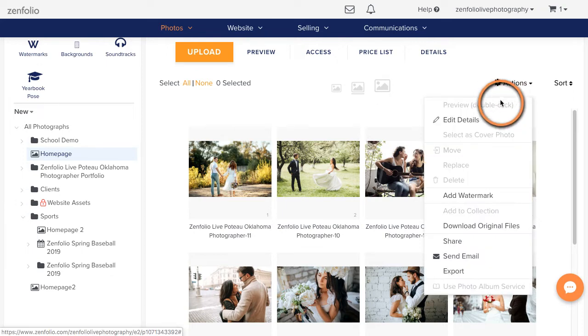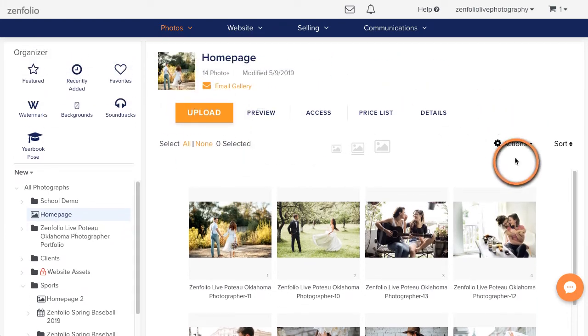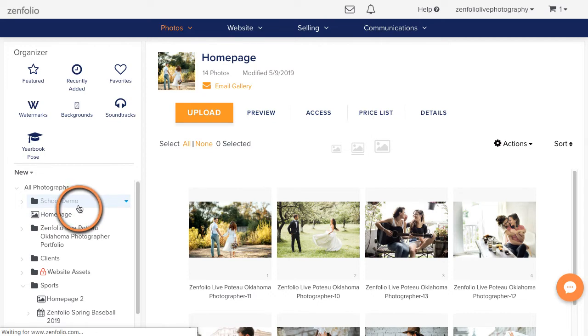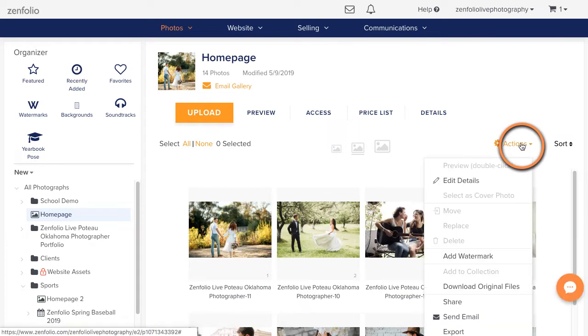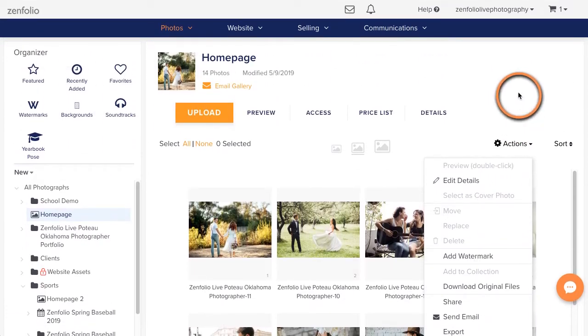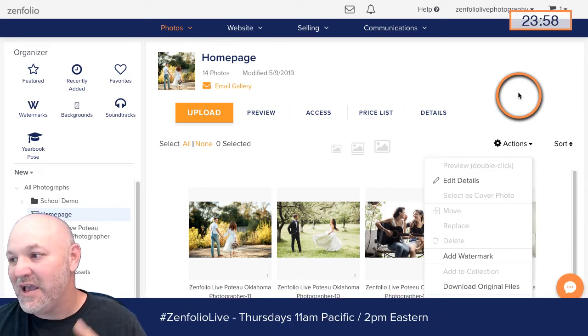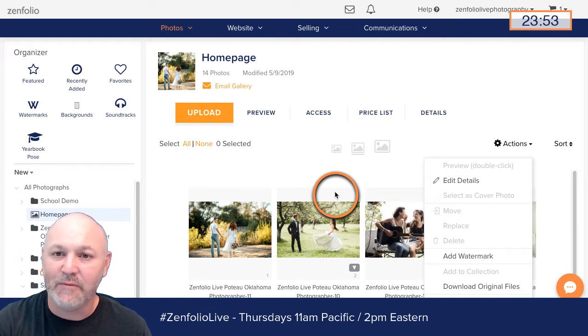So that's how you're going to have to do it right there, is go to select all and then do the copy that way. So let me click back on here really quick just to double check. So yeah, what you have to do is go in there and select those photos, select them all, and then do the copy that way into the new gallery.